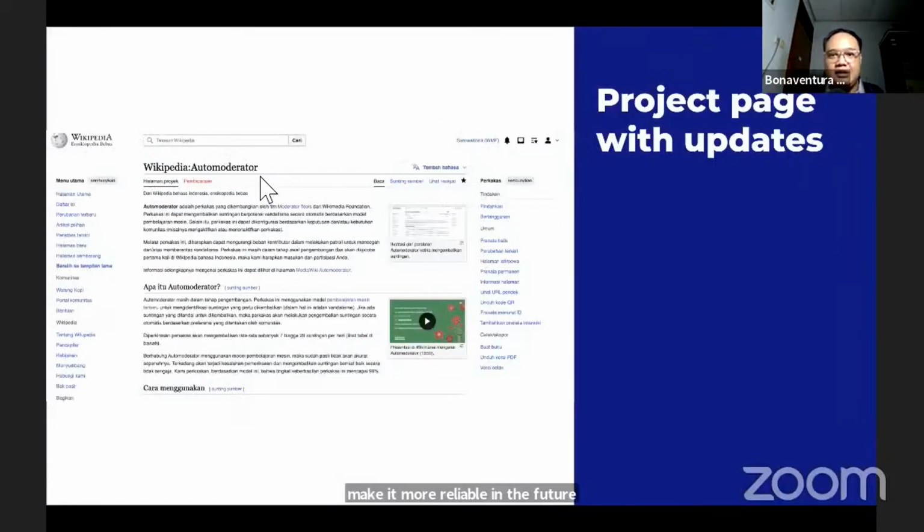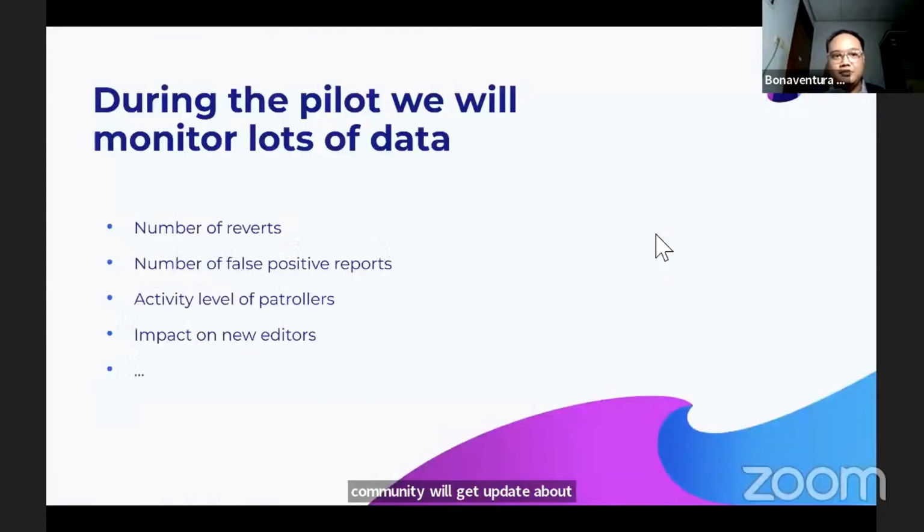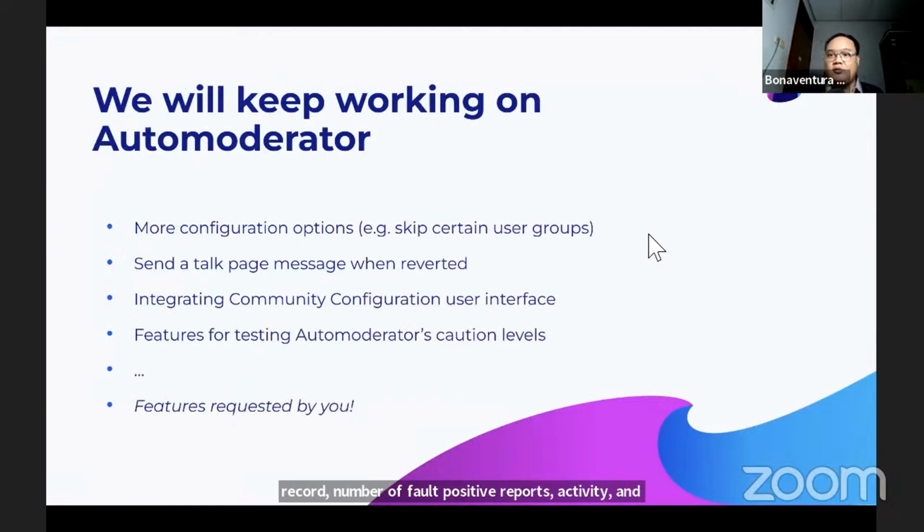So this is the example. We develop first in Indonesian Wikipedia. We have a separate Automoderator page, so the community will get updates about this development as soon as possible. During the pilot, we will monitor the number of reverts, number of false positive reports, activity levels, and impact on the patrollers.